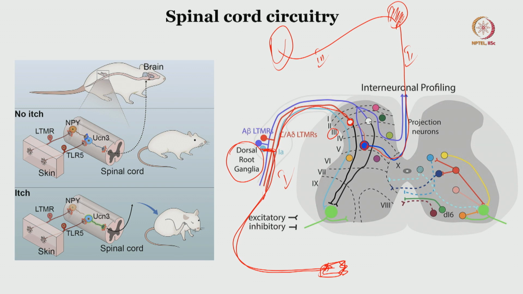Similarly, there are multiple neurons which come from the top. For example, if this is a motor cortex neuron, it directly descends to the interneuron in the spinal grey matter, and then it ends up in the alpha motor neuron, then it goes directly to the muscle belly. So, this is the alpha, this is the interneuron, this is the descending corticospinal tract, which is known as the pyramidal neuron. That is how the entire spinal cord circuitry works, and this circuitry exists not only for motor and sensory,